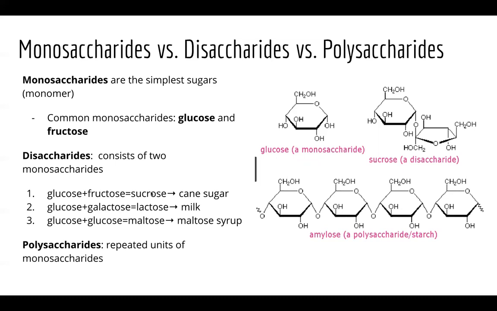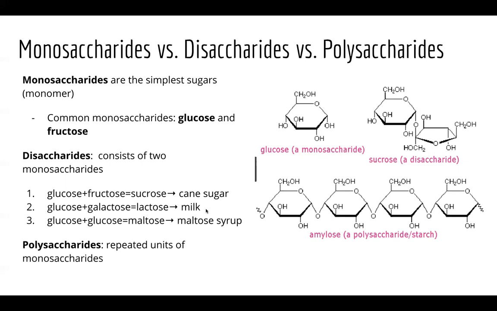Sucrose is the cane sugar that we eat in daily life. I love sugar. All the sugar contains sucrose. M&Ms, Jolly Rancher, everything like that, they contain sucrose because they're cane sugar. And when you combine a glucose and a galactose together, it forms something called lactose, which we can find in